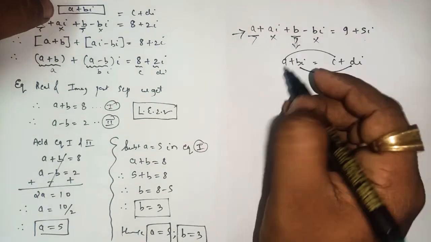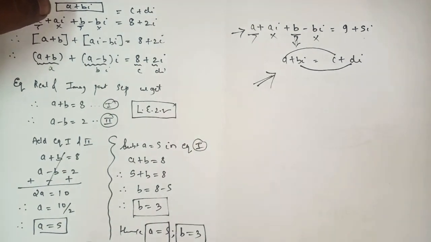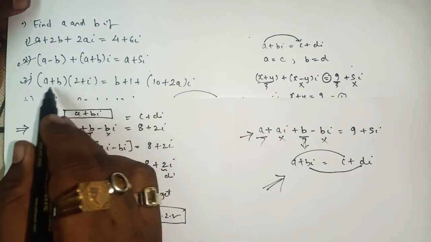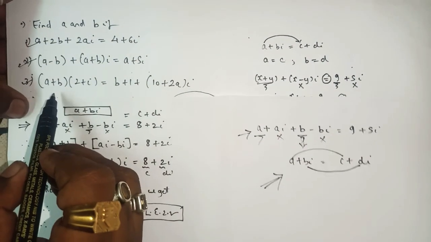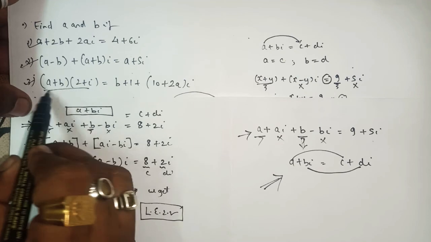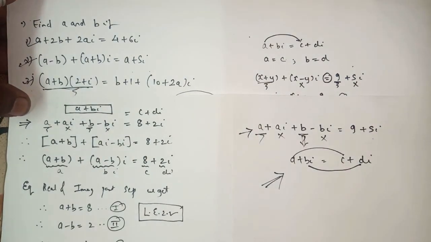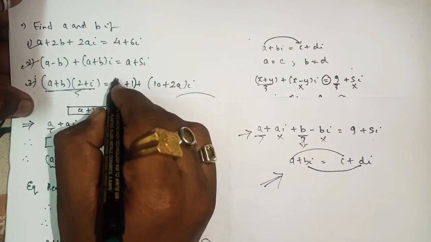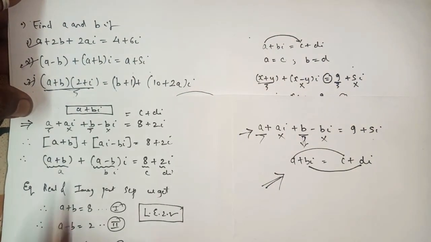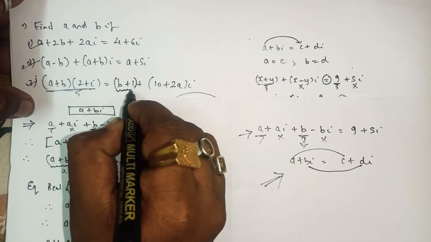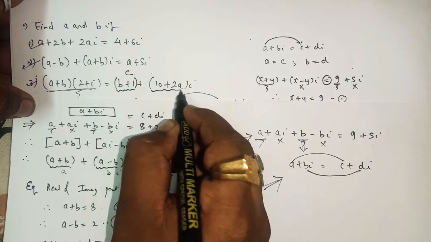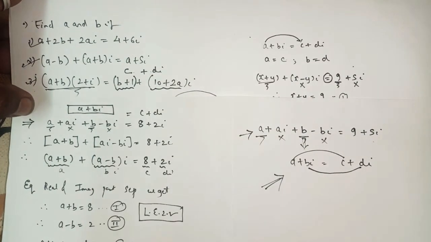So please try this sum by yourself, and even this second sum also, this next one also. Here I will explain this sum. Simply what you have to do, just bracket open this part. We'll keep this B plus I in one bracket. So clearly we can see that this looks like C, this looks like DI, yes or no?